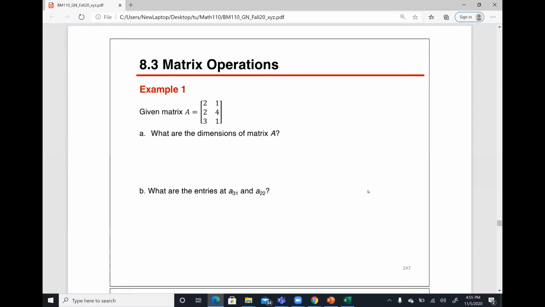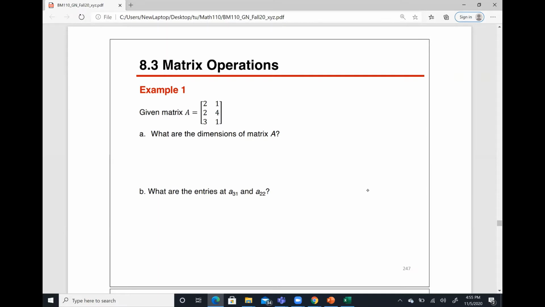Hello everyone. So I'm back with section 8.3, matrix operations. So let's do an example. Example one, given matrix A, which is 2, 2, 3, 1, 4, 1. What are the dimensions of the matrix A? The dimension of matrix A here should be